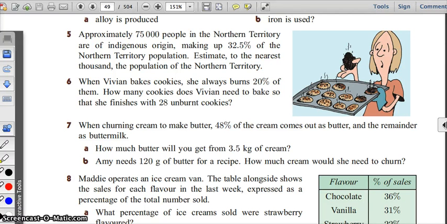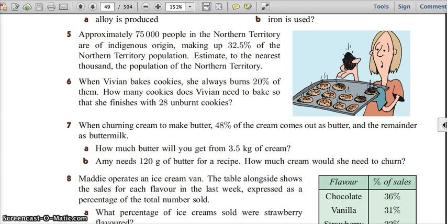So the thing we're going to go through today is about multipliers, okay? Whenever we're talking about multipliers, we're talking about either more or less than 100% of something. More or less than 100%. My point will be this: if we're working out 100% of something, we just times it by